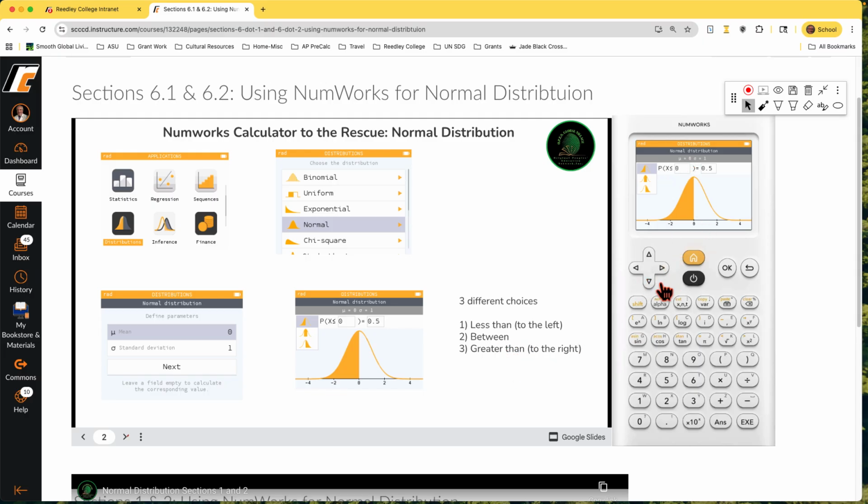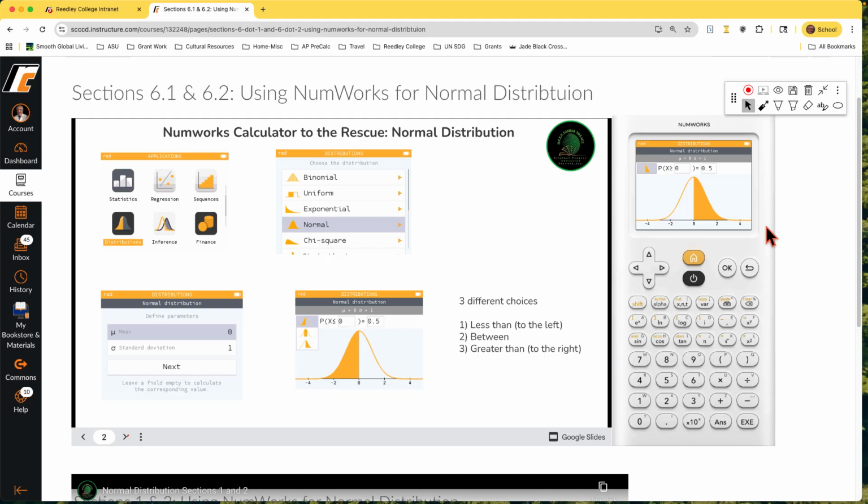As you select each of these, like if I go to the between, notice there are 2 values, and the x is in the middle, so it's 2 values on each side. And again, the question will be very obvious about which one it's asking for. And then if we choose the greater than, we just come over here, and you'll see x is greater than or equal to a number, and we get the other side, the greater than. That's all there is to this. So these are going to give us our values, but